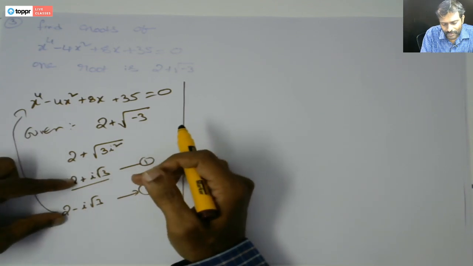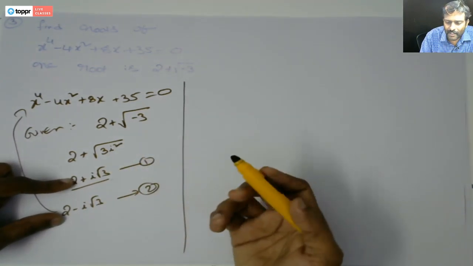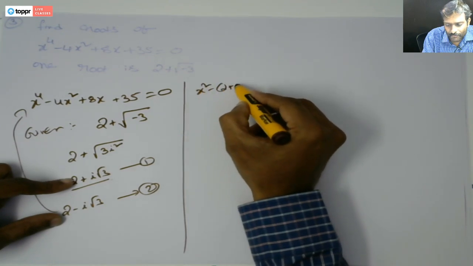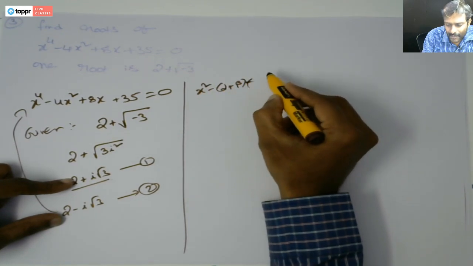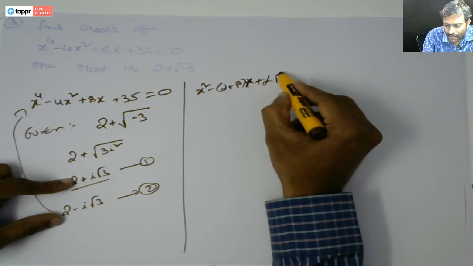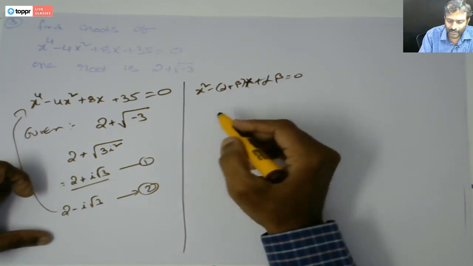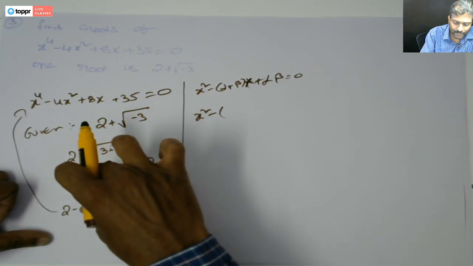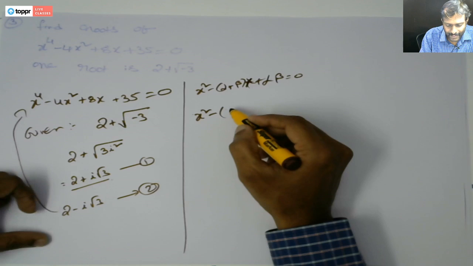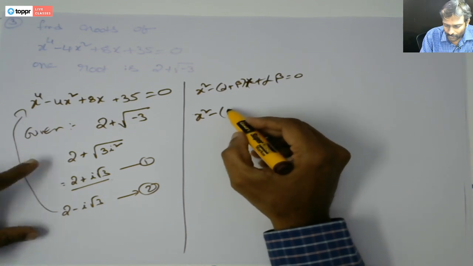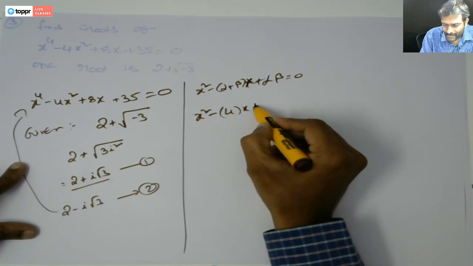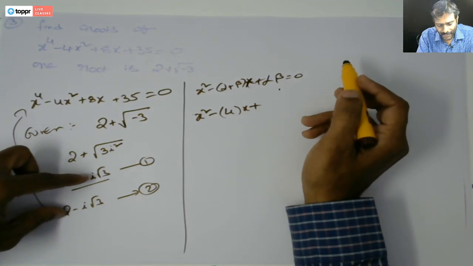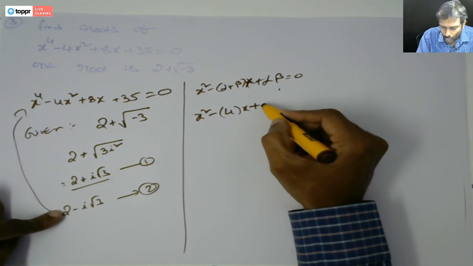So when I use these two as roots, I can construct a quadratic equation, which is x square minus (alpha plus beta) x plus alpha beta is equal to 0. We can use that, right? So my quadratic here will be x square minus (alpha plus beta). When I add these two, I get 2 plus 2, which is 4, so 4x, plus alpha beta. What is alpha beta? When I multiply these two,